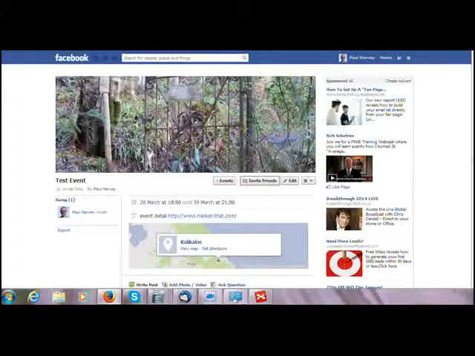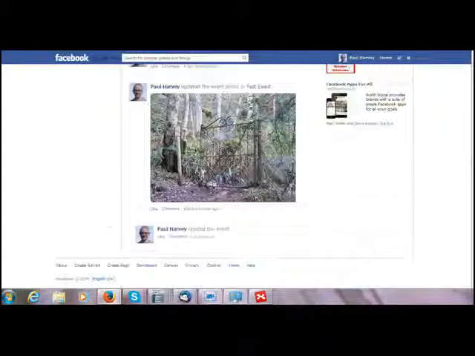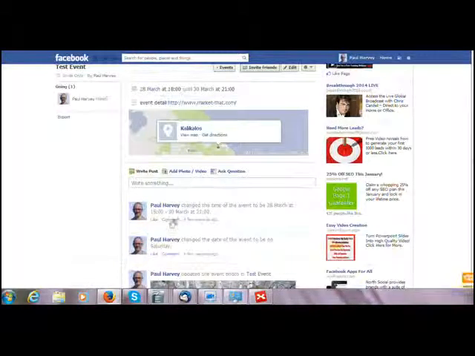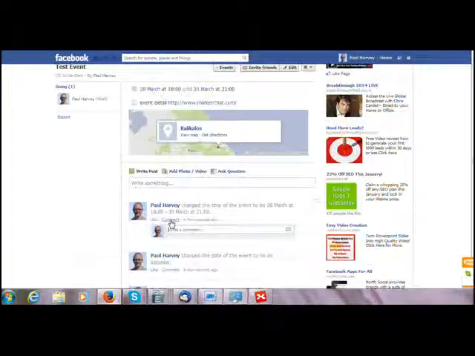The other thing you can do in the event, of course, is you can add comments. So we've got a thing here. I changed the event, so I put a comment here. This is really good,